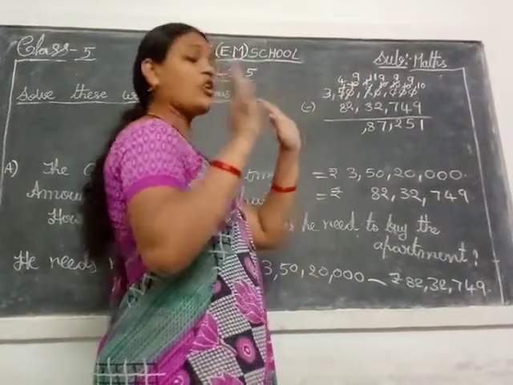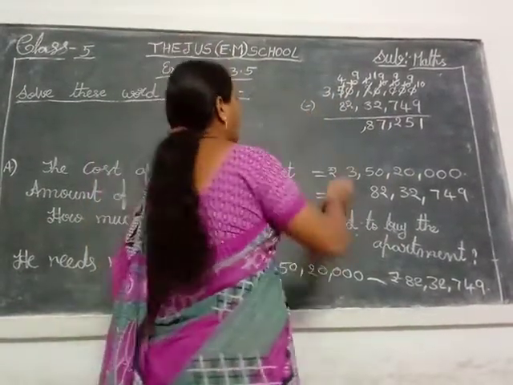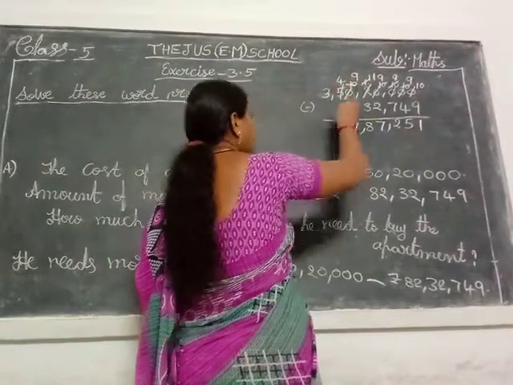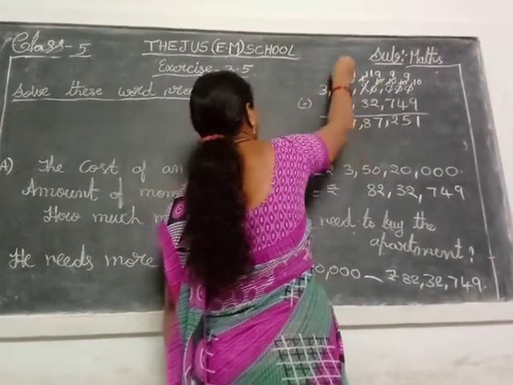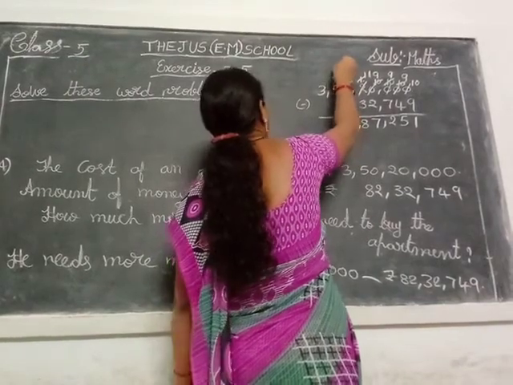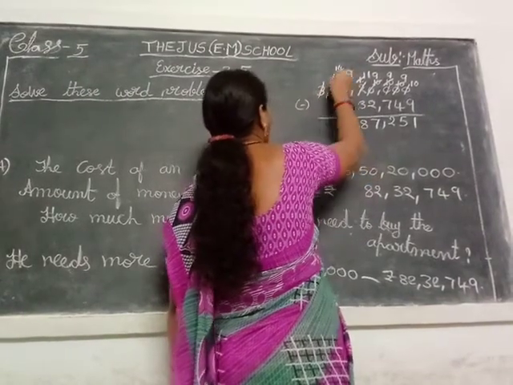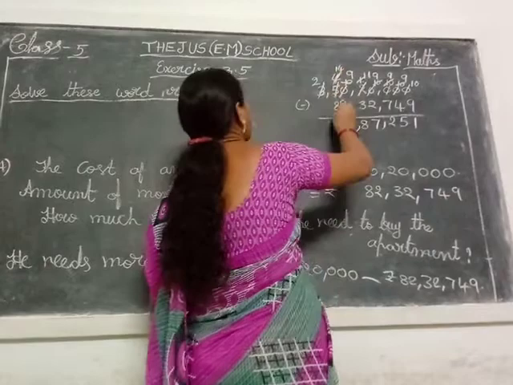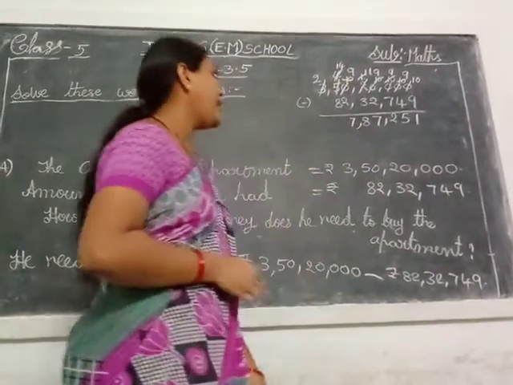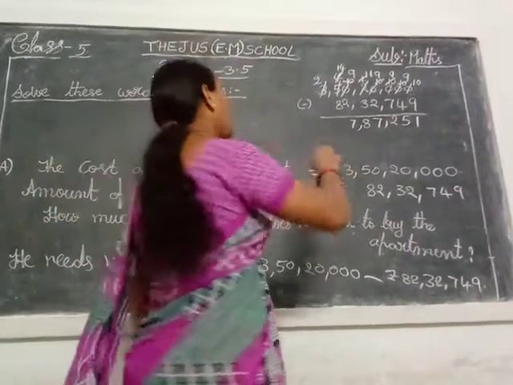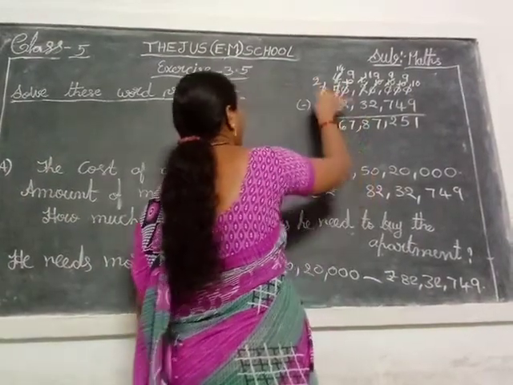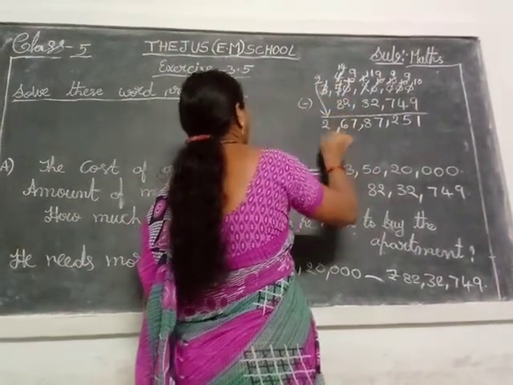Take 9 fingers, close 2 fingers. Remaining 7. 4 minus 8 possible? No. This 4 is taking the borrowing from 3. One number. That one means 10. 10 plus 4, 14. 3 already gave one number borrowing to 4. Remaining 2. So 8 after becomes 14. 8 after 9, 10, 11, 12, 13, 14. 6 fingers are open. So write here 6 and remaining write this 2 directly.